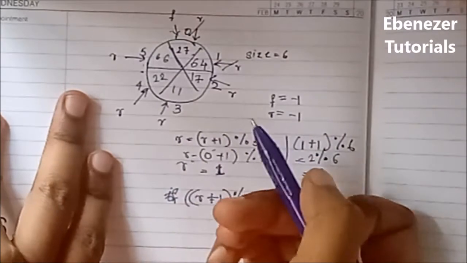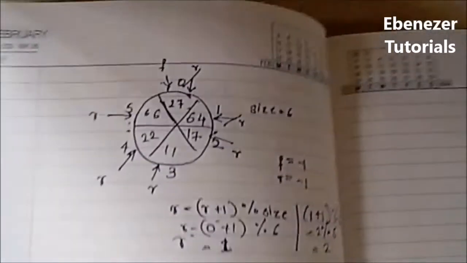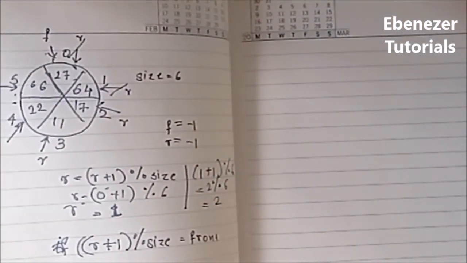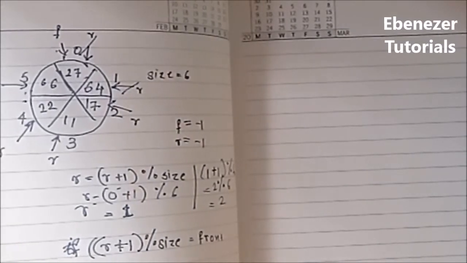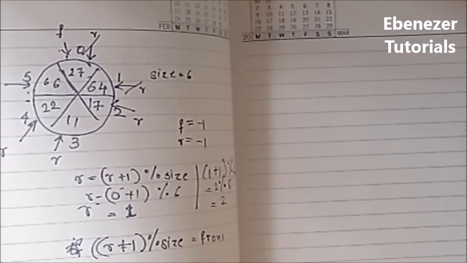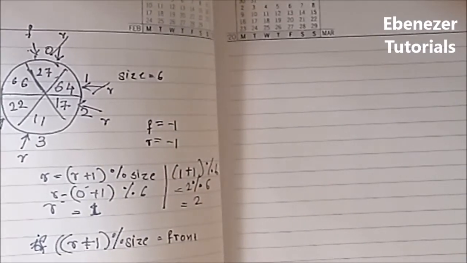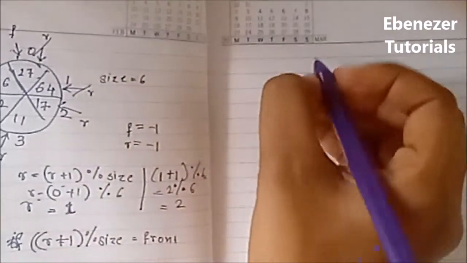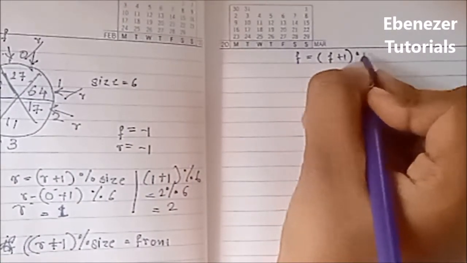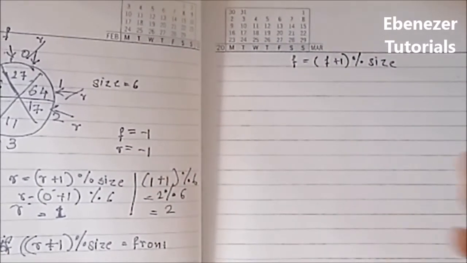So now I want to dequeue the element. So how will I dequeue? This also is almost similar to the linear queue, but the only variation is in how we increment the value. In case of a linear queue, how do we dequeue an element? We simply increment the front pointer. That is exactly what we do in the circular queue also. But while incrementing its value, we don't simply do f++. We increment it just as we saw for rear. We do it as f is equal to f plus 1 mod size. So this is how we increment the front pointer.